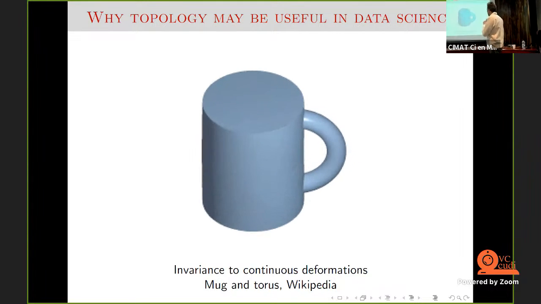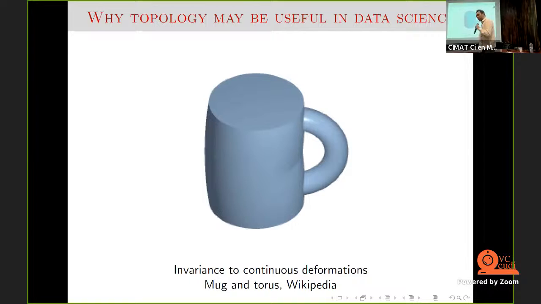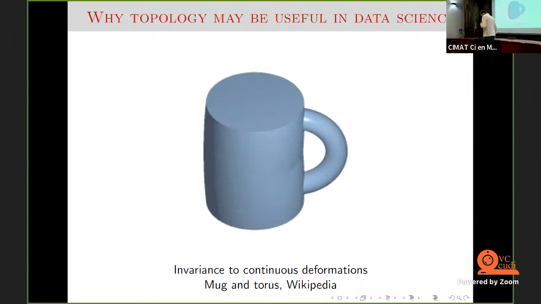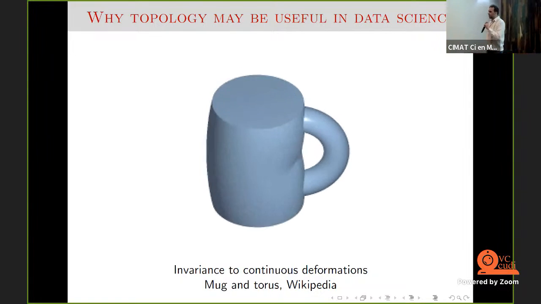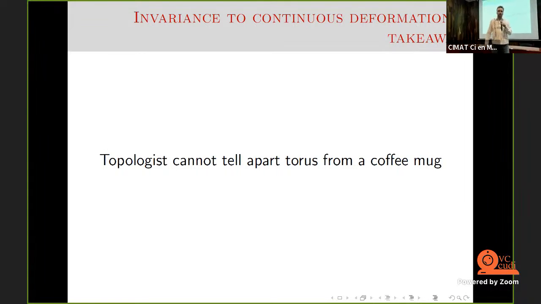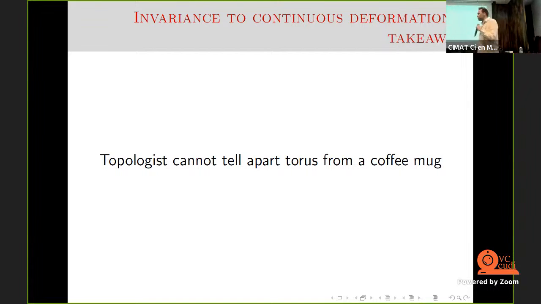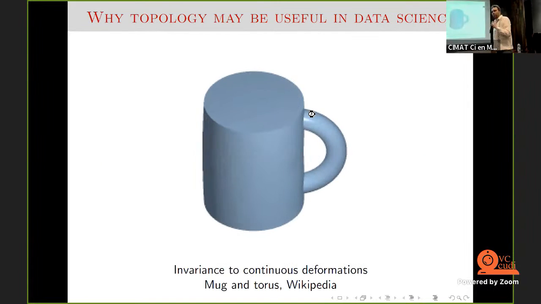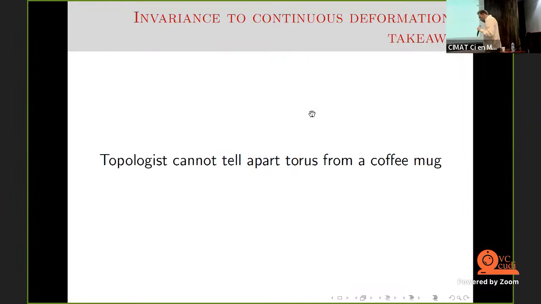When it comes to classical topology, a torus is equivalent to a mug. And there are two ways you can understand the message. First, you can understand it negatively, and say that we cannot tell these apart, which is by the way not exactly true, because most of the topological data analysis does take into account geometry. And once we do, we very much can distinguish them. But we can also take this message positively. And what happens over here is, well,